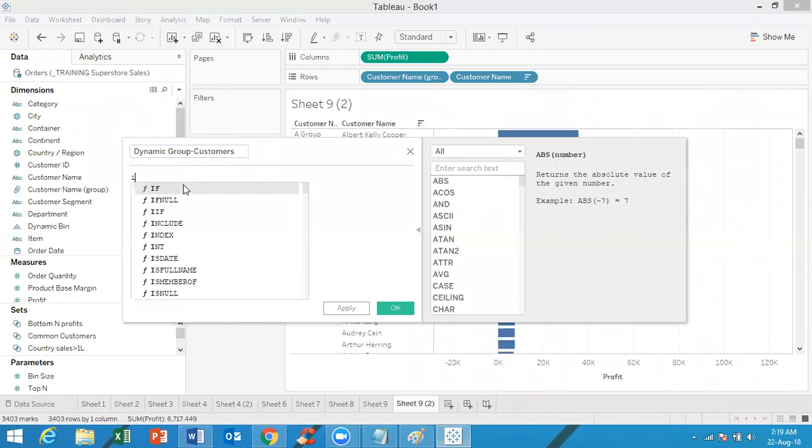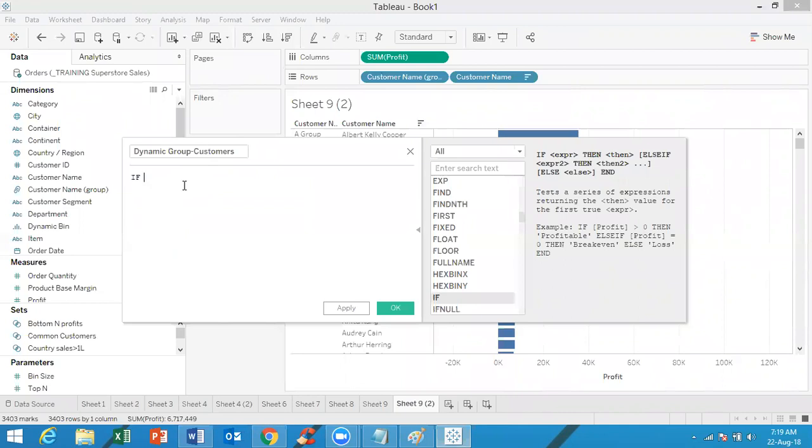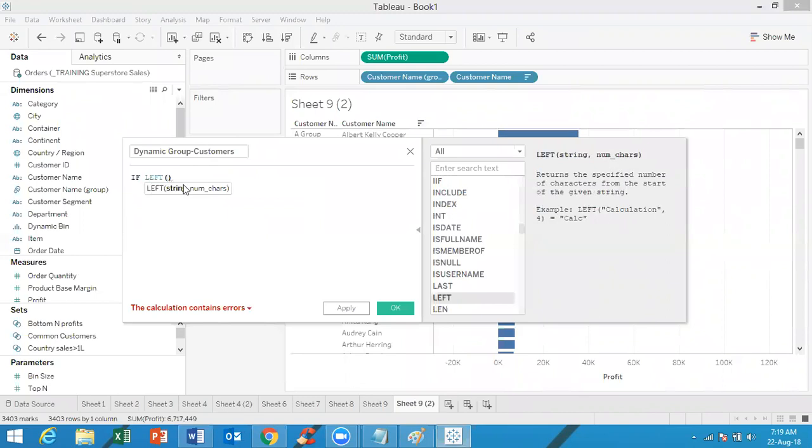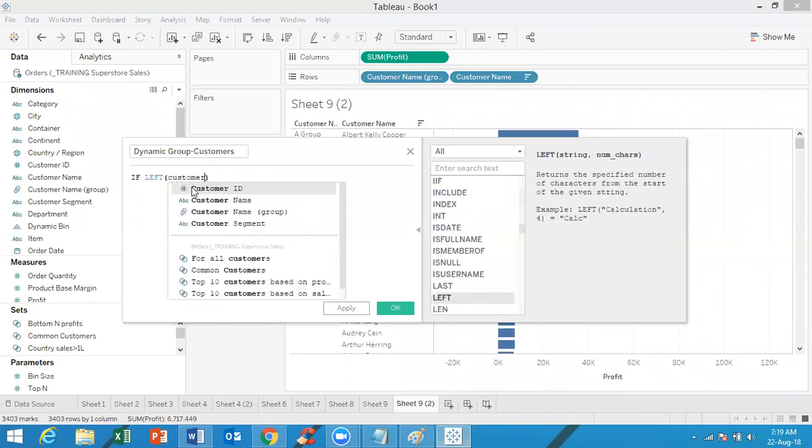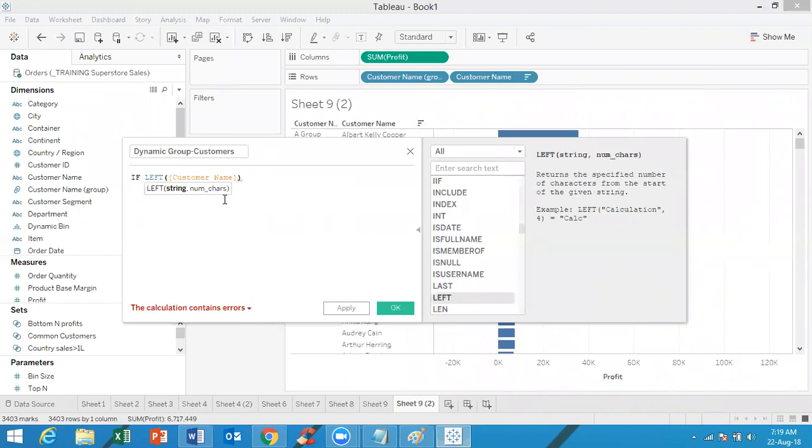We'll use an if condition. If left of customer name, comma 1, equal to A, then A group. Else if